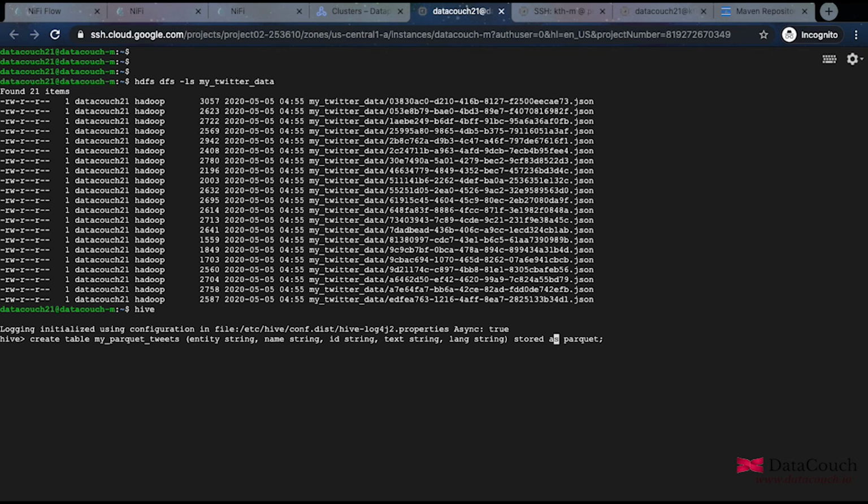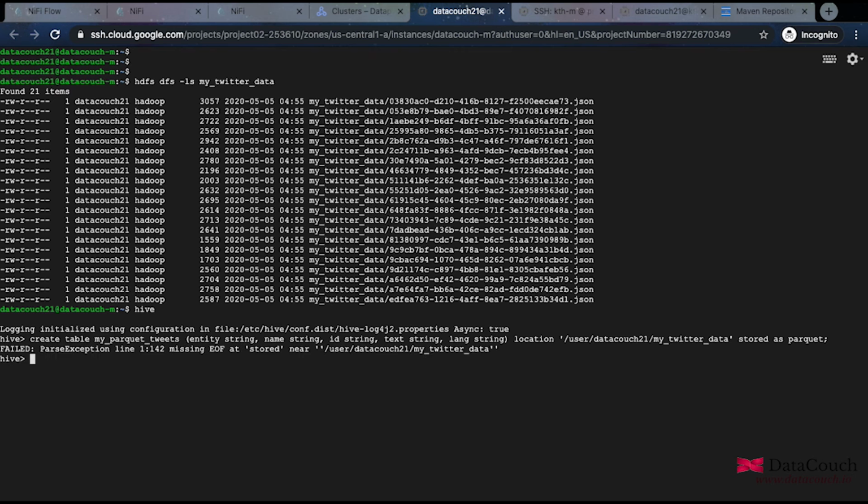This is the location, and here we have this data, and the data is under /user/data/21, and here we can specify the exact path, which is my Twitter data. This is fine. I will just say enter.